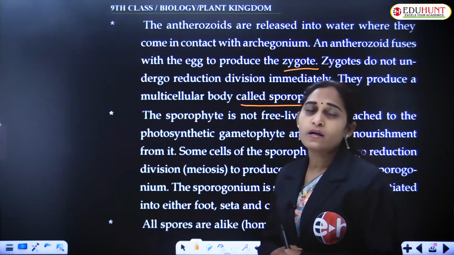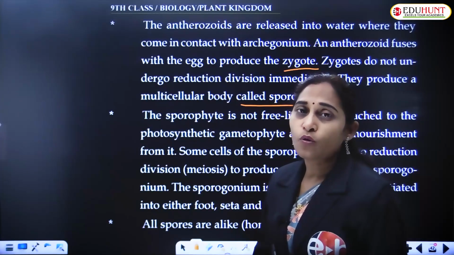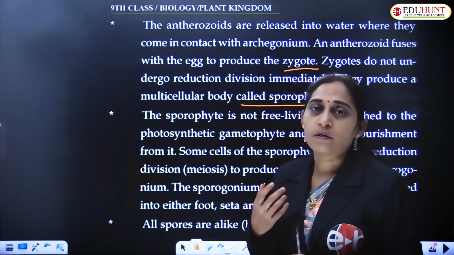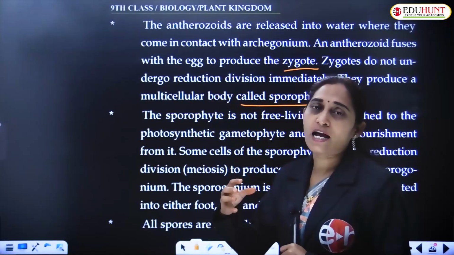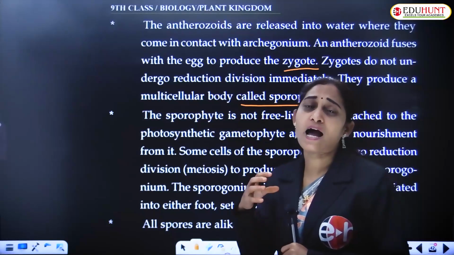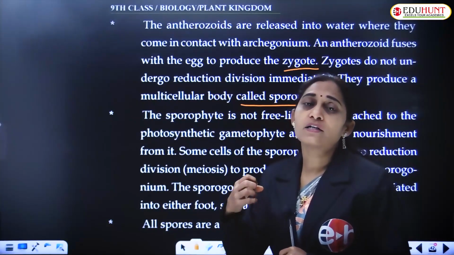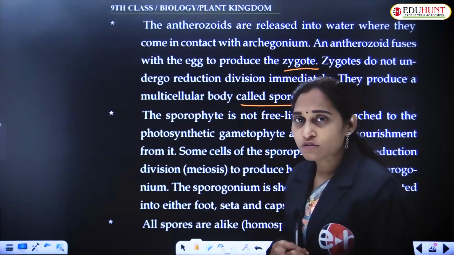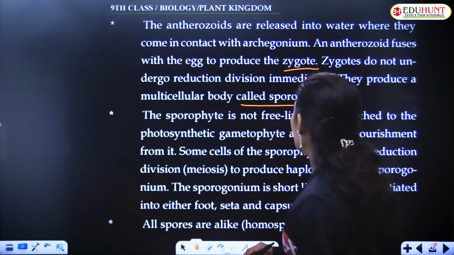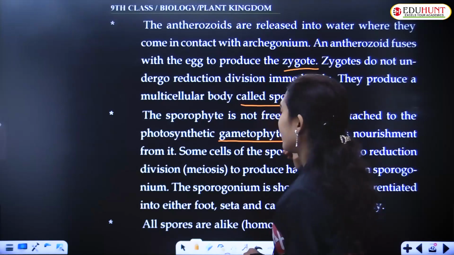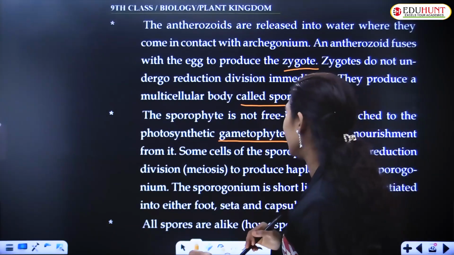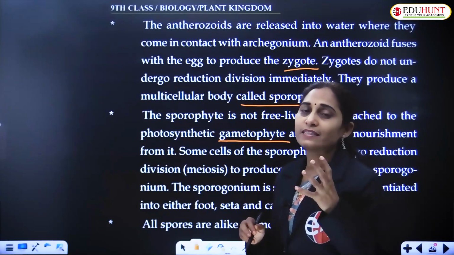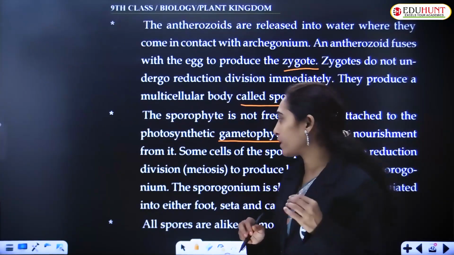It depends on the gametophyte because the sporophyte has no photosynthetic ability. Though it may have some photosynthetic ability, it has to depend on the gametophyte, at least for water. That is why it is called a partial parasite. It depends on the gametophyte, which is a photosynthetic, green structure, and the sporophyte derives its nutrition from the gametophyte.